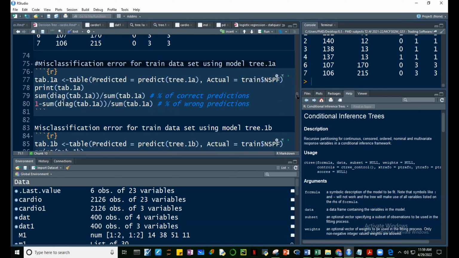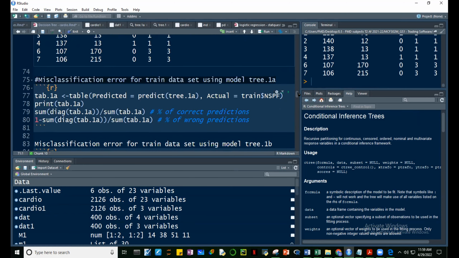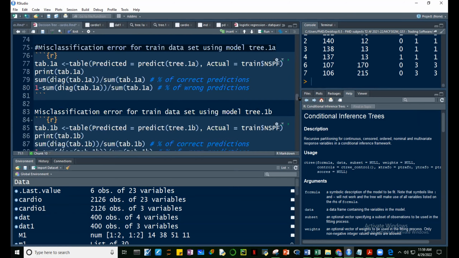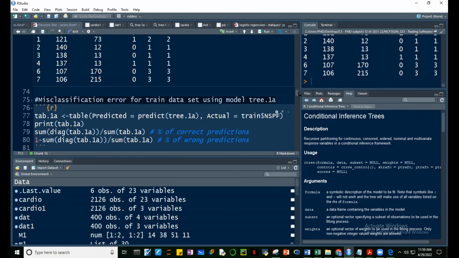So once again guys, create tayo ng table comparing the predicted value tab 1A. Ito guys, ang predict natin, yung 1A. 1A yung,